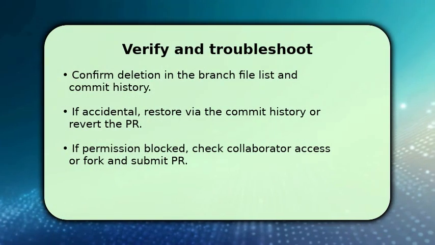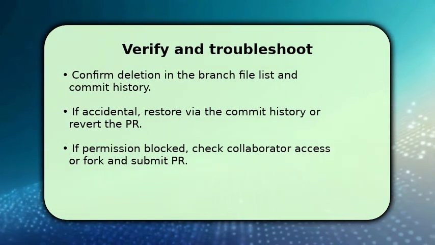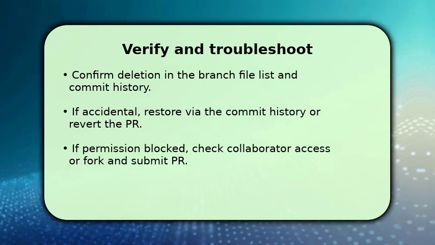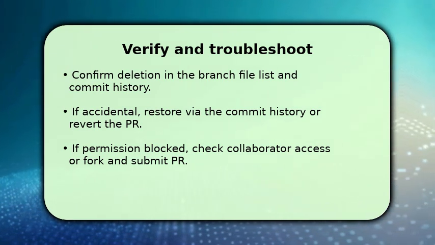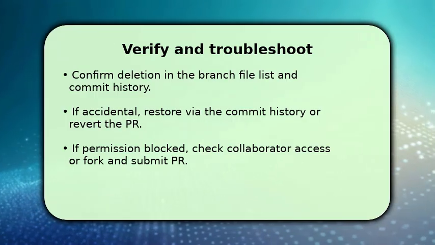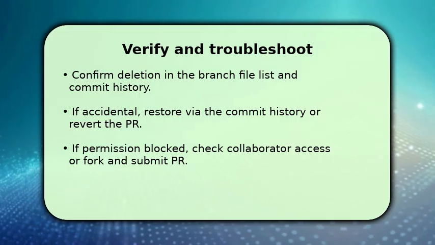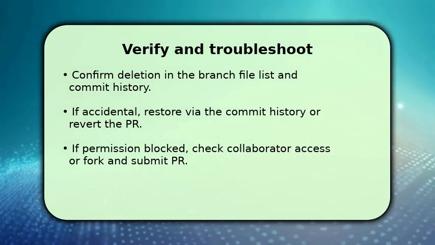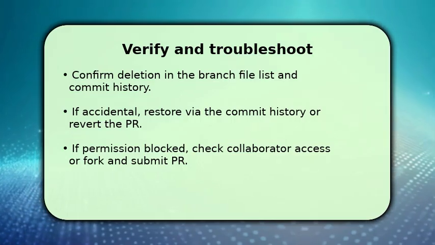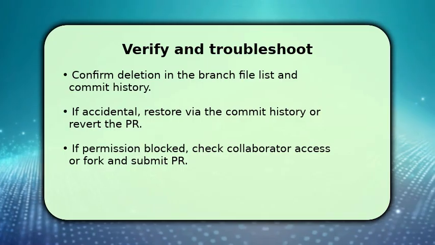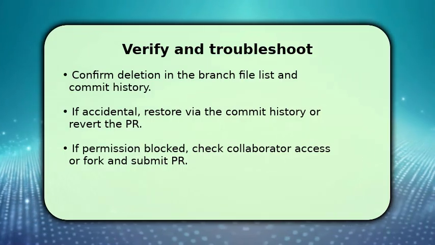After committing, verify the file no longer appears in the branch file list and inspect the commit history to confirm the deletion entry. If you deleted the file by mistake, you can restore it by reverting that commit or by checking out the file from the prior commit and recommitting. This preserves history. If you are blocked by permissions, make sure you have write access or fork the repo and submit a pull request. Remember, clear commit messages make recovery and